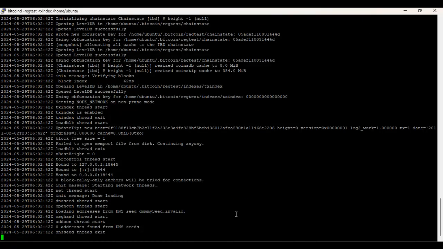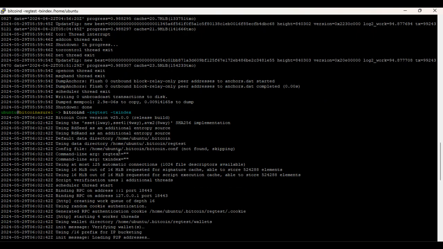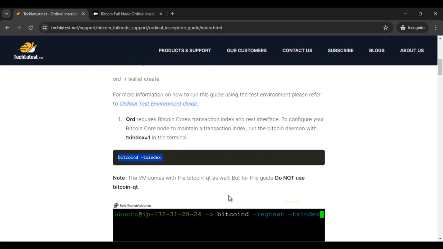If you want to run this command, you can see that this command is also running. This is the same command you have to run